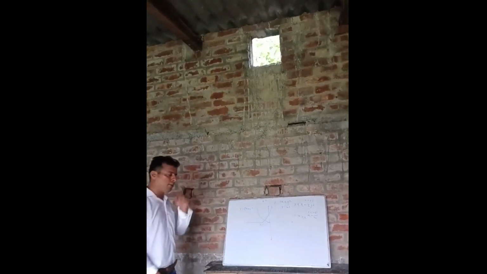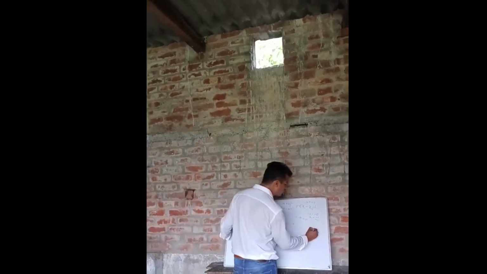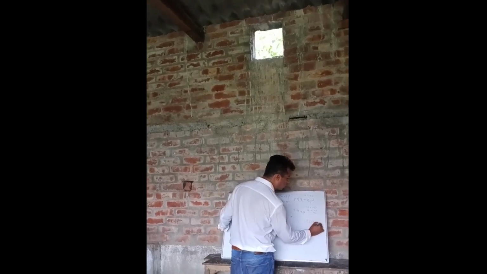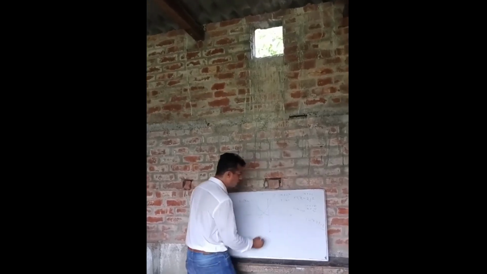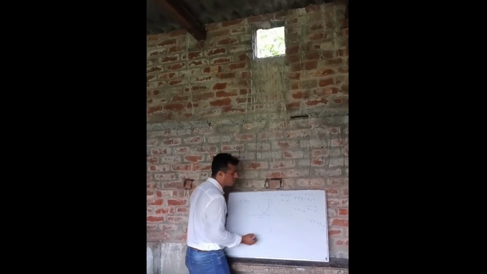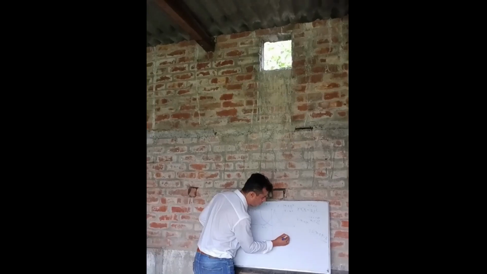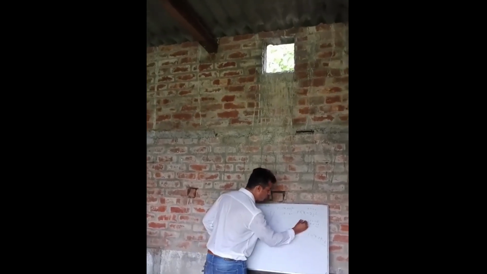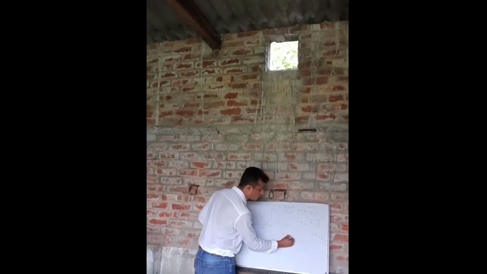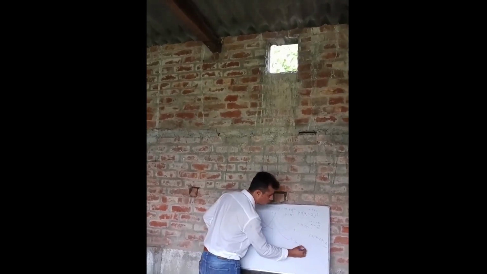Someone will say, draw the graph of y equals x minus 2 whole square minus 3. Now this is y equals x minus 2 whole square. We will go 3 units downwards. 1 unit, 2 units, 3 units. So this will be the graph of y equals x minus 2 whole square minus 3.